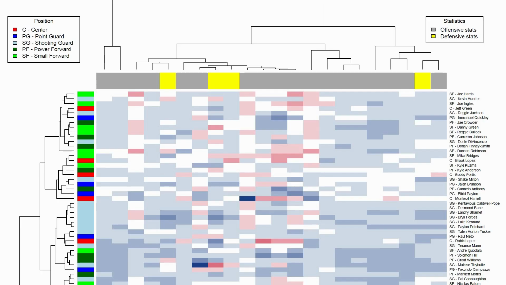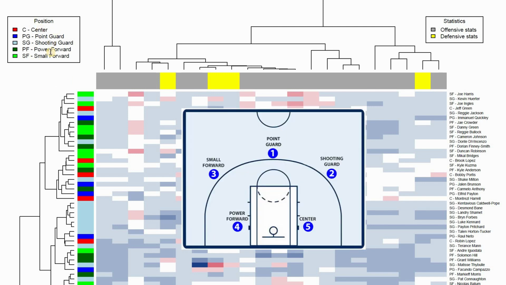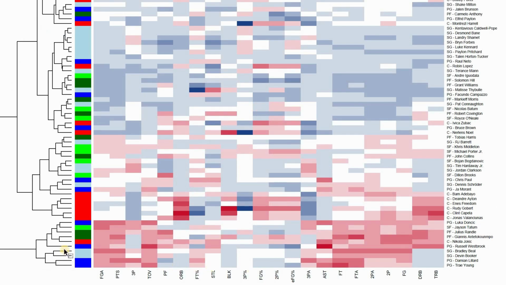Now, is there something you can conclude from this heat map? Especially if you're not really familiar with basketball or what these positions really mean. So there's one thing I find striking. There's a group of players that does exceptionally well when it comes to scoring points, mostly due to their field goal attempts, sometimes caused by many 3-pointers and turnovers. And it's not necessarily that they also score a lot percentage-wise from their attempts, but that they just try a lot more. You can also see that this group of centers are really good when it comes to offensive and defensive rebounds and blocking, but not so good with their success from the 3-point line, which makes sense.